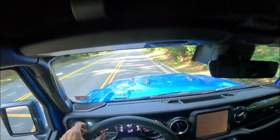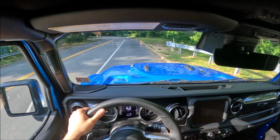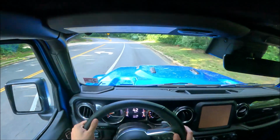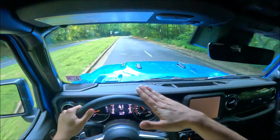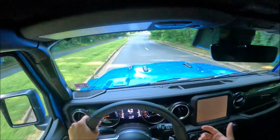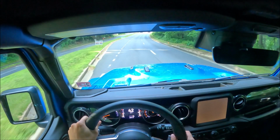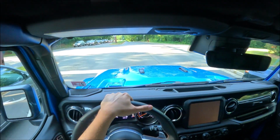Going back to the whole Challenger comparison that I started to talk about, with that car, I had to be careful everywhere that I was driving for speed bumps or pretty much anything else, because that thing was super low, and I also had long tube headers, which stuck down even lower than the stock headers. So of course, if I was going over any speed bump, I was pretty much guaranteed to scrape on the speed bump. And obviously with a Wrangler of this type of ground clearance, and of course with a factory lift kit,